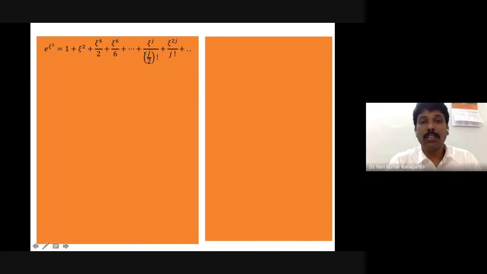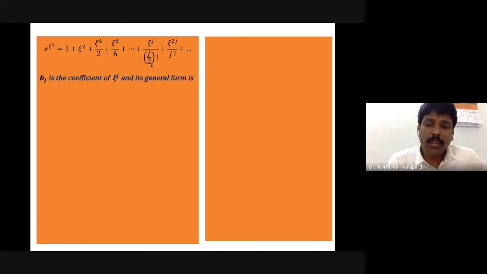So if you want the previous term, I mean in the sense of the coefficient, I wanted the coefficient of a general term. What I have obtained here is basically double of that, half of that. It is not actually the general term. I wanted the coefficient of the general term. The general term is nothing but z to the power j. If I want the coefficient of z to the power j, what you have to do in this particular term is substitute j by 2. Then you will obtain this one, right?